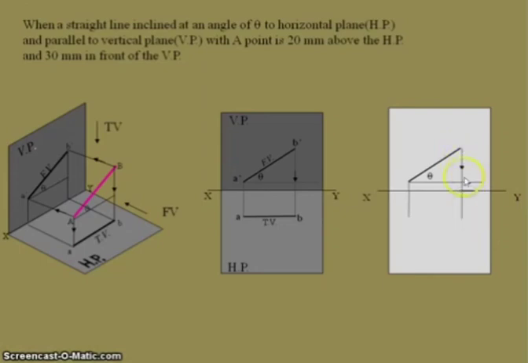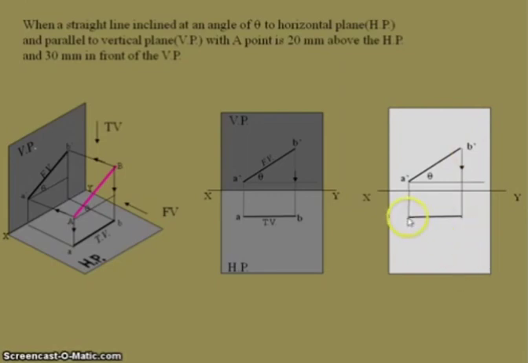The purpose of drawing this construction line is that we can get the top view line with a reduced length. For that we need to draw the construction line from the end point of the straight line which is drawn with an angle. I have given the names A dash and B dash for the given line inclined to the horizontal plane. Next we need to join these two lines.